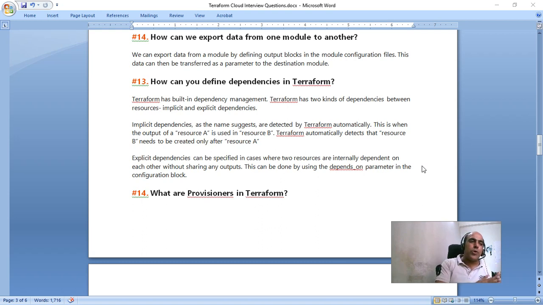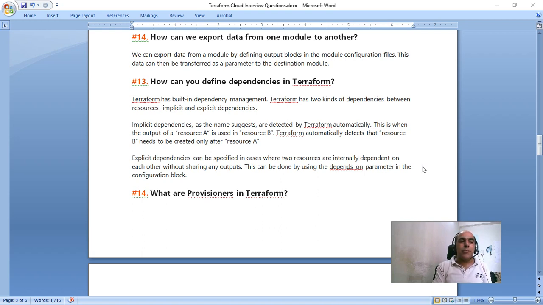This is when the output of a resource A is used in resource B. So suppose an output comes from resource A and it needs to be used in resource B. This is called an implicit dependency. Terraform automatically detects that resource B needs to be created only after resource A. So it automatically understands this.